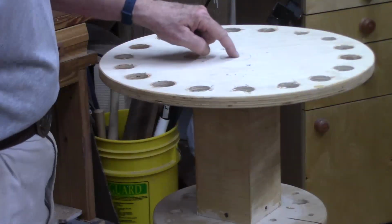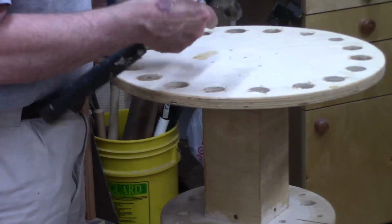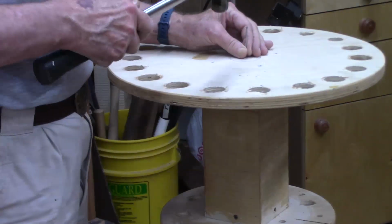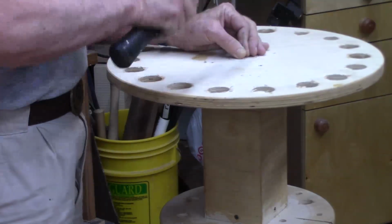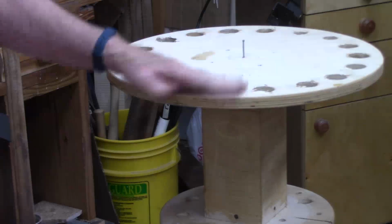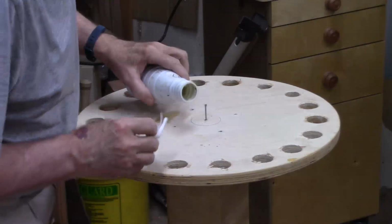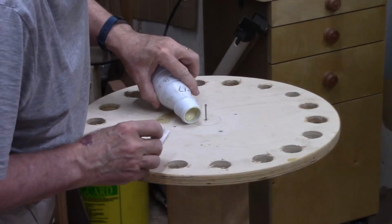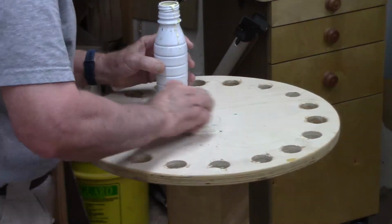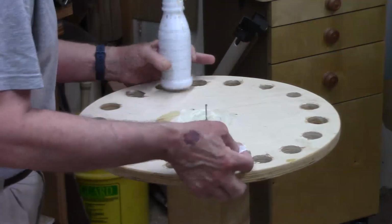Okay, to be able to easily center this when I turn it upside down and glue it, I'm just going to put a little finishing nail in here. There's already a hole that goes all the way through the center of the other one. So that'll just give me a centering pin. I'm going to put some Titebond Original in here, liberally, because I've got a lot of this stuff and it's probably just about past its best-if-used-by date. That aside,